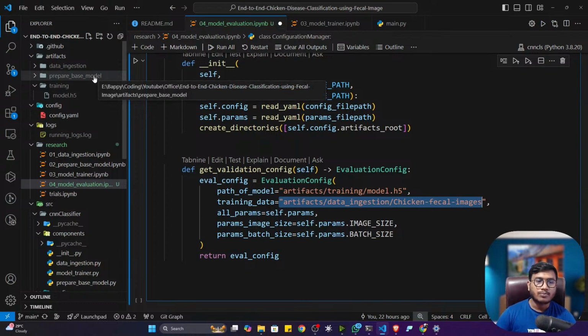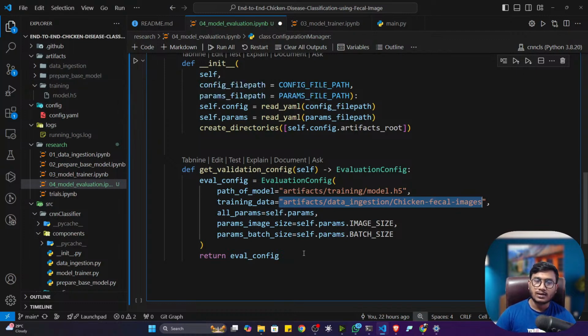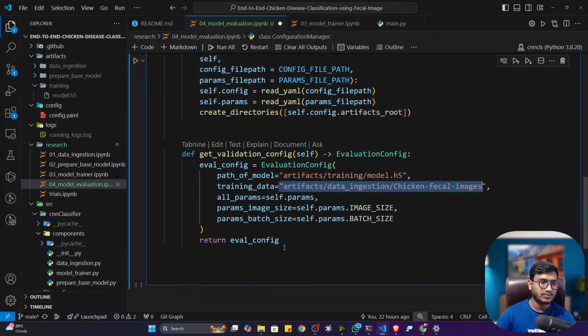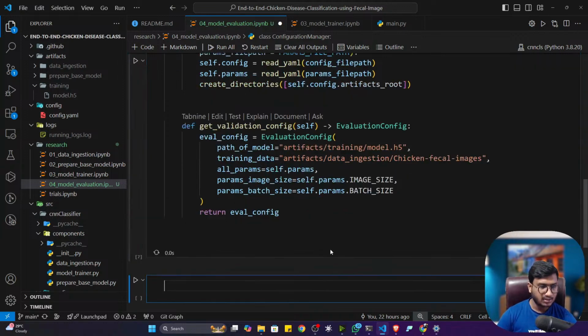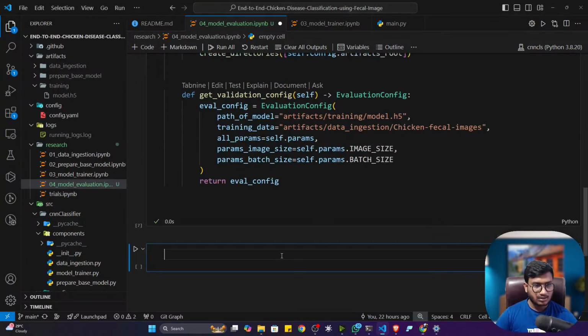So it will prepare my training and testing data, and that testing data will be used for the evaluation purpose. Okay. Now all the parameters, image size and batch size, let me return them. So now let me create the